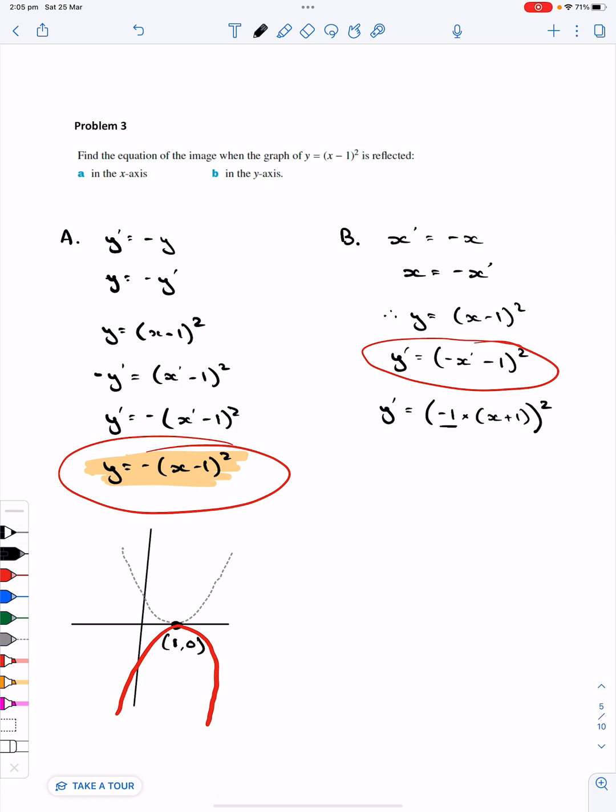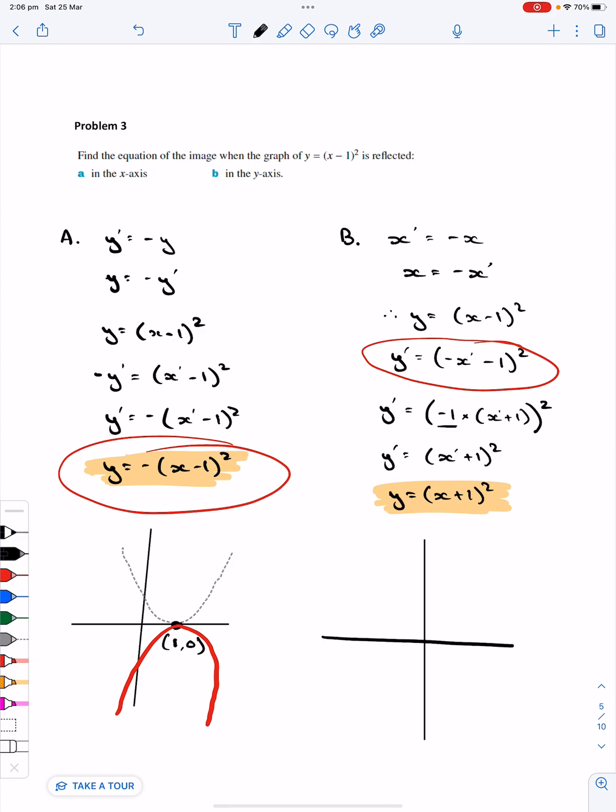I can't take that negative 1 outside the bracket because it is tied to the power of 2, or the square power. And what I can say here is y image equals negative 1 squared, which is just positive 1. So that leaves me with (x image plus 1) all squared, and y equals (x plus 1) all squared, and this is going to be my answer. Again, if I consider my graph,